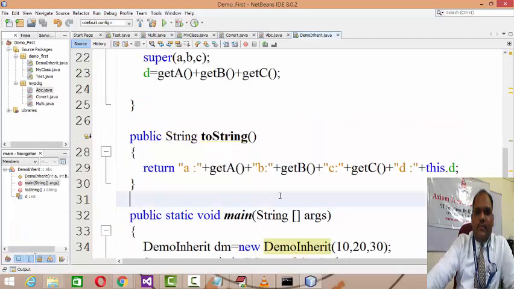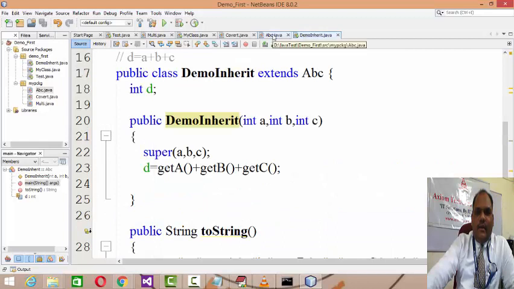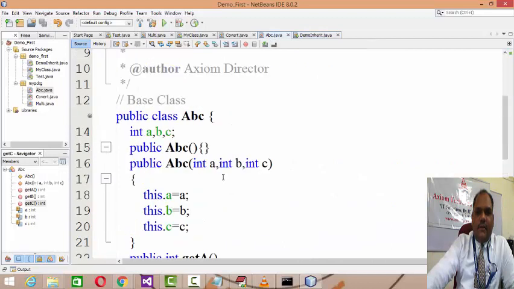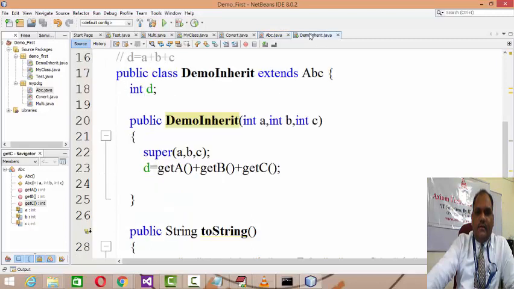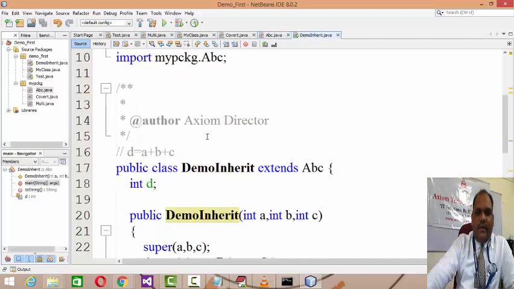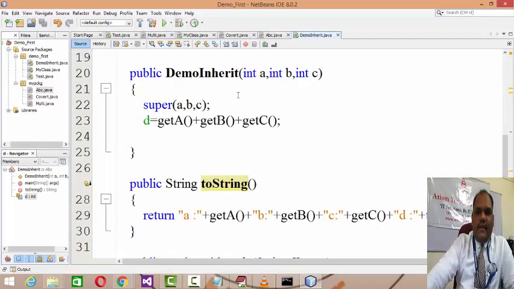In this manner, we successfully demonstrated the inheritance, because your ABC class is in a different package, and DemoInherit is in a different package. We import that class, establish a relationship between the base and the derived, and by taking extra arguments to the constructor of a derived, we pass them on by using the super keyword.